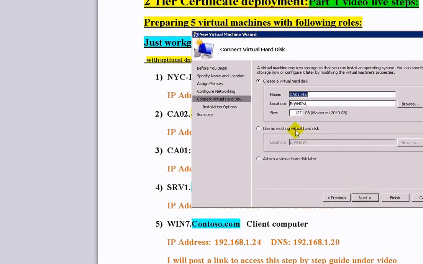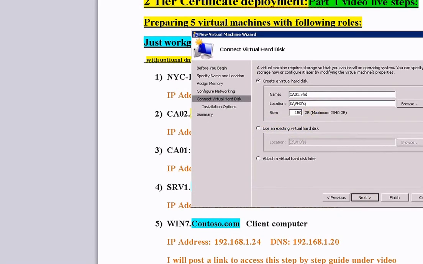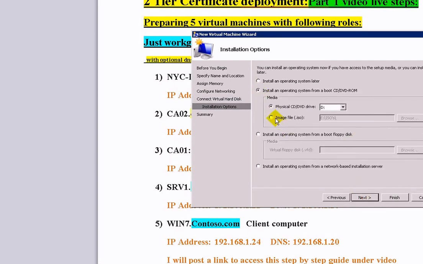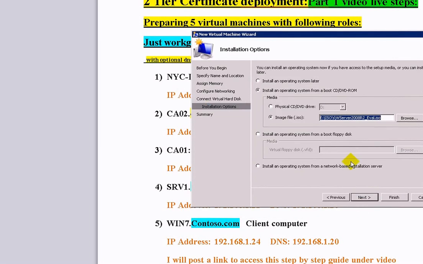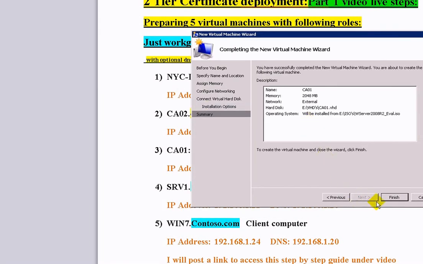Again same setup, same amount of hard drive, 150 gigabytes, and I am putting this ISO from my E drive from my physical server,